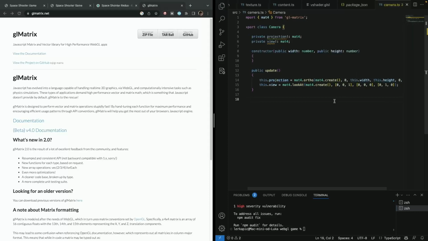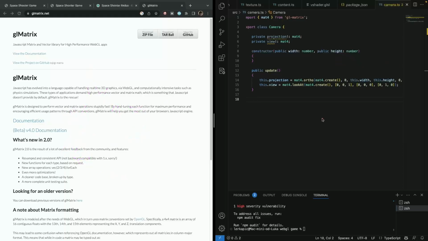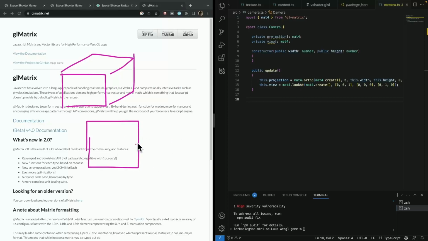So for orthographic projection, or if you have perspective projection, what does it define? So we had this idea of a man here looking somewhere, right? If he has a camera, let's consider how the world looks for him. So in your game you might have a 2D perspective, or you might have a 3D perspective. So 3D perspective is done via a perspective camera, and 2D, what we're concerned with, is done with basically an orthographic camera. And for the orthographic camera, we just provide some arguments, but basically we say, okay, where our world begins, where it ends,